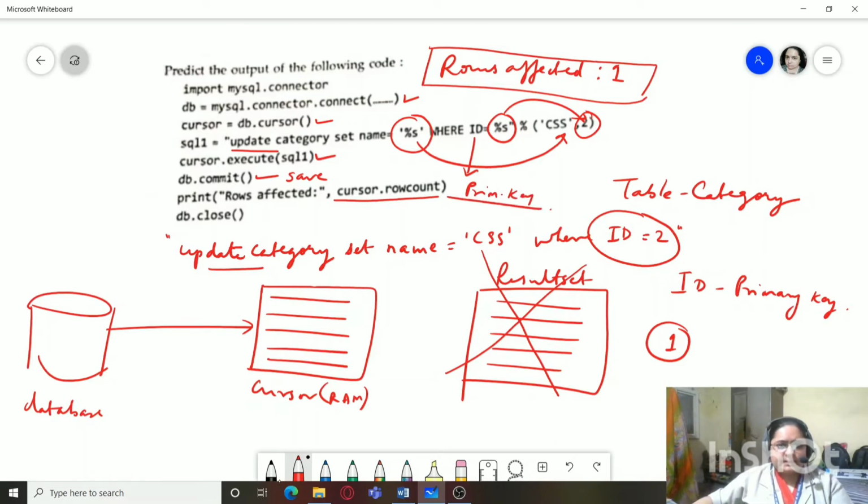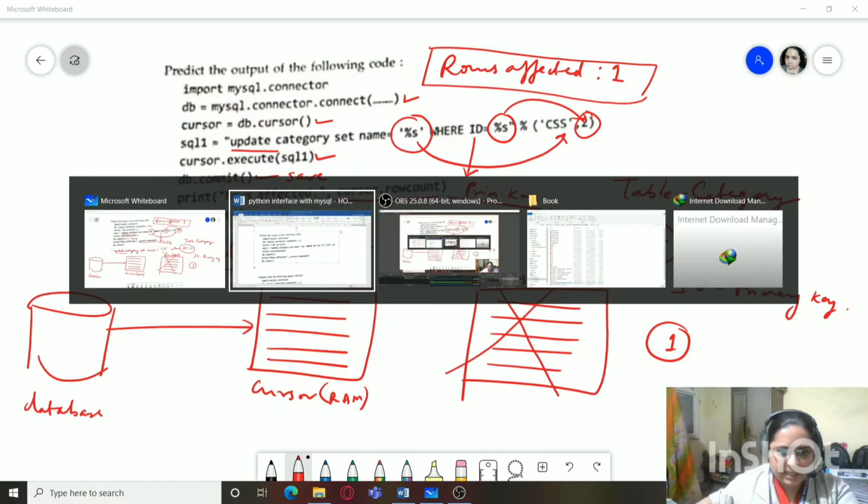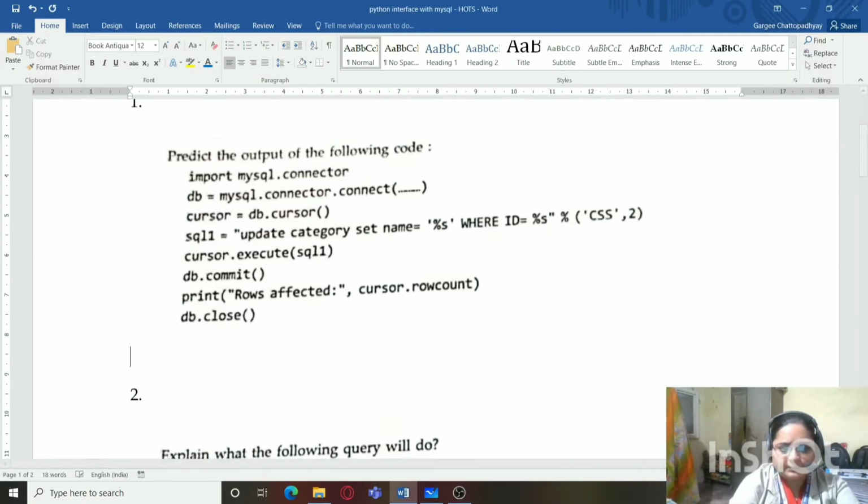So this is the output of this question. So in the exam, as an output, you will be writing, output would be rows affected 1.